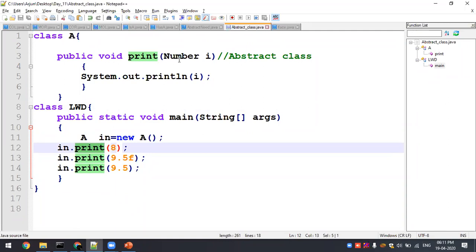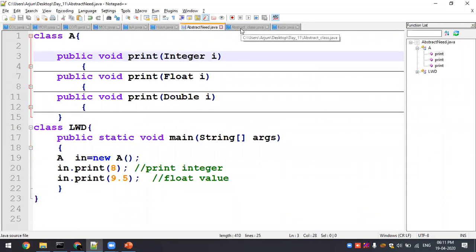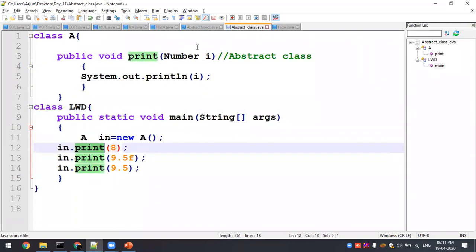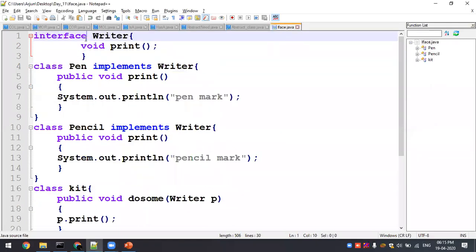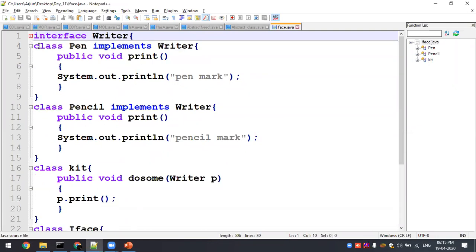So now you got the actual idea behind the abstract class, right? Yes or no? Whenever I want a method which has the same definition for different numbers, I directly go ahead with the same Number category, under which I'll have different examples and different definitions. What is actually a data type? Based on the data type, I'll have a method definition inside. So now I'm going to execute this. One minute.